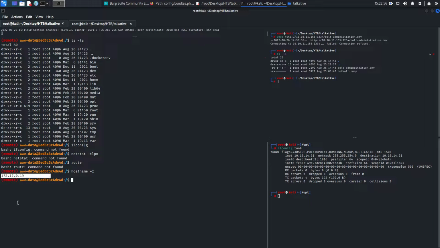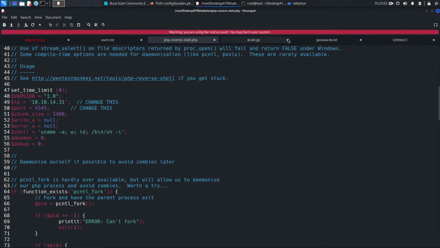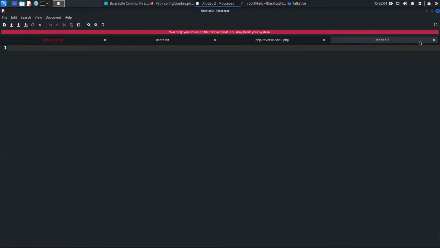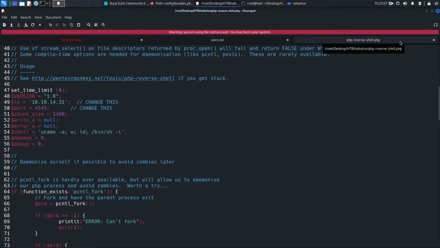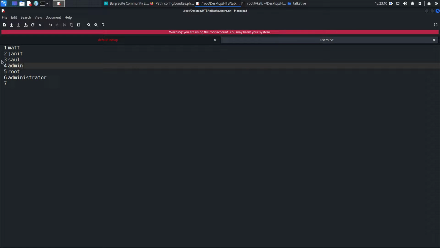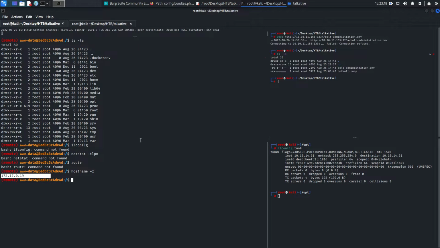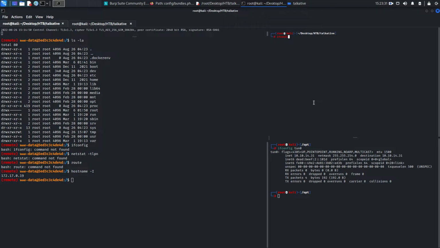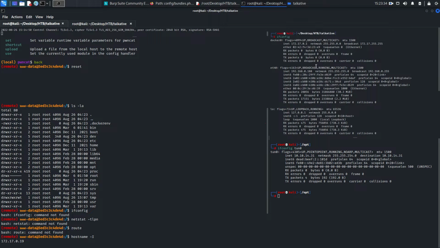Fine. So we can consider, because the users we got here, we don't need that, and we don't need this one. Again this one we don't need. So these Seol, Janet and Matt are the users on the system. So we can consider that the Docker container IP which belongs to the system is 172.17.0.1. If I show you here on my PC, ifconfig, hit enter, you can see the Docker container IP is